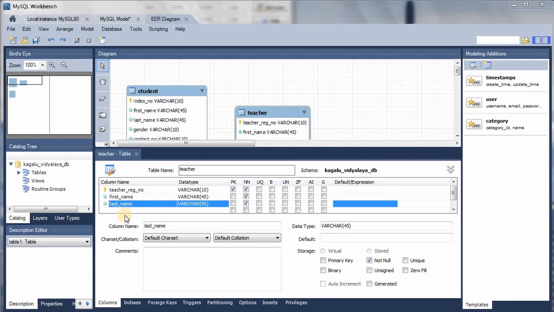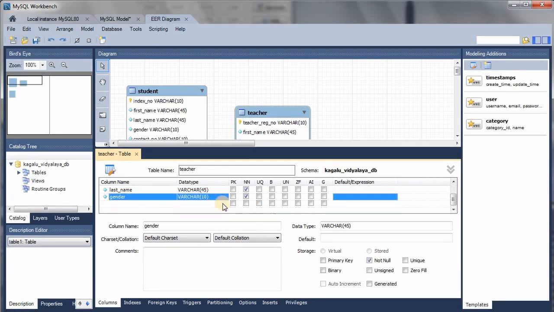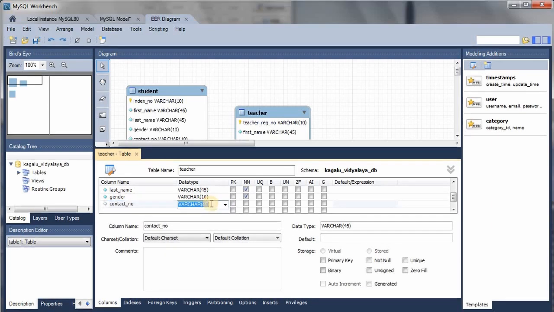And here's the fourth attribute, gender, with the character length of 10. Fifth one is contact number with a character length of 10. And here's the last one, email, with a character length of 50.